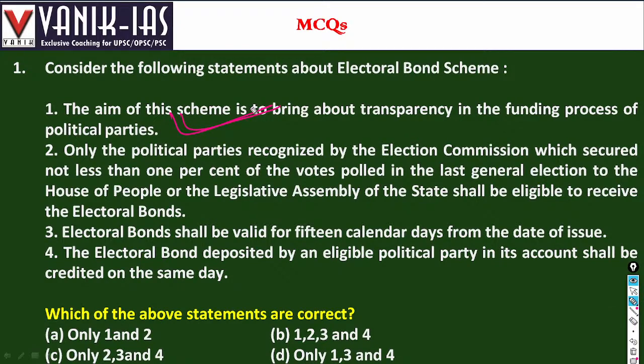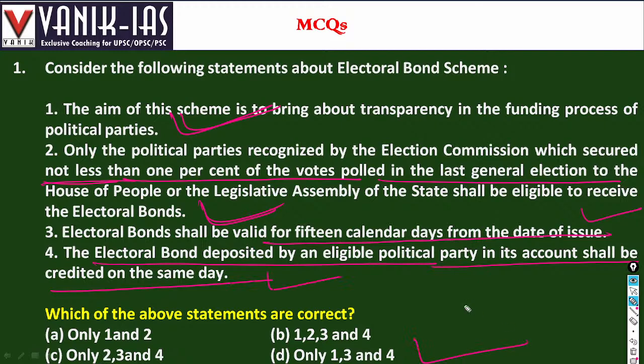Only political parties recognized by the Election Commission of India who secured not less than 1% of votes polled in the last general election to the House of the People or the Legislative Assembly of the state shall be eligible to receive electoral bonds. Yes, that is a minimum qualification. At least 1% votes should be secured by the political parties. Electoral bonds shall be valid for 15 calendar days from the date of issue. The electoral bond deposited by an eligible political party in its account shall be credited on the same day. So all the four statements are right regarding